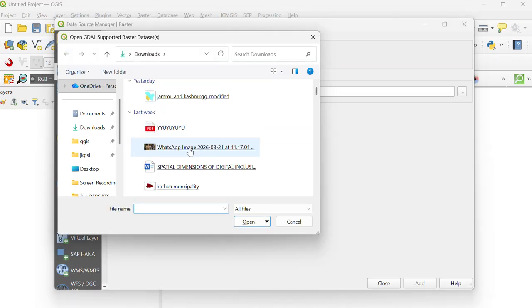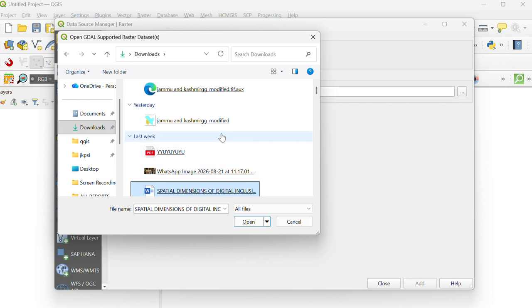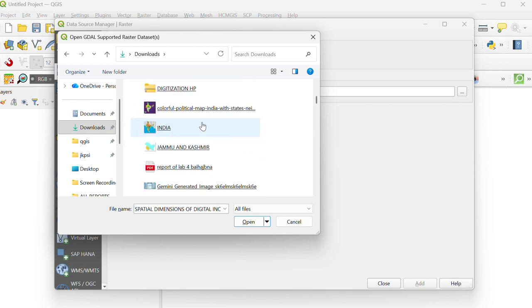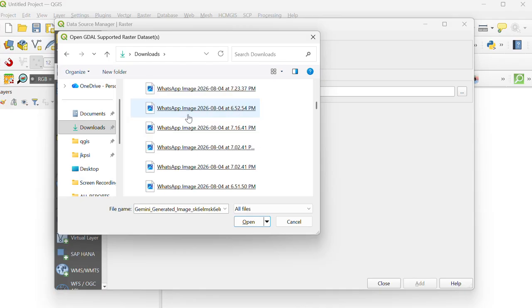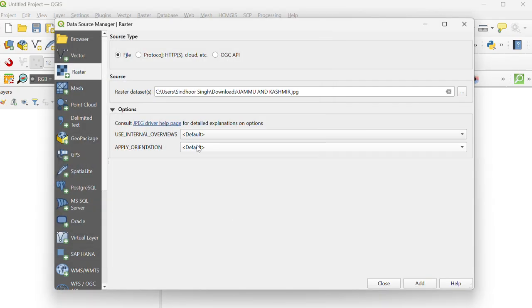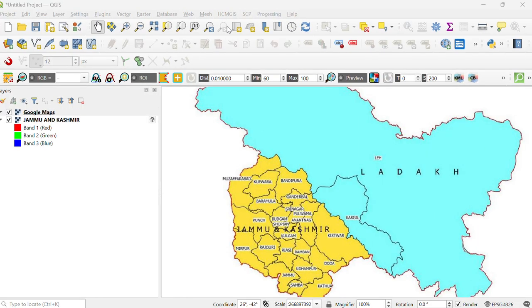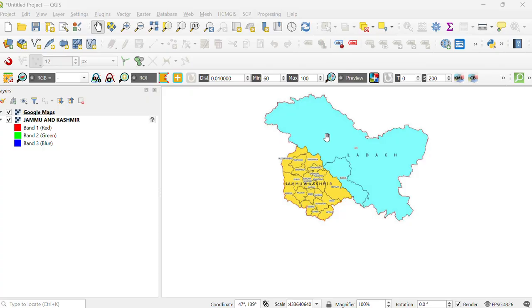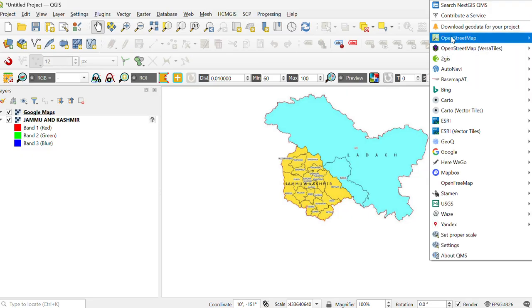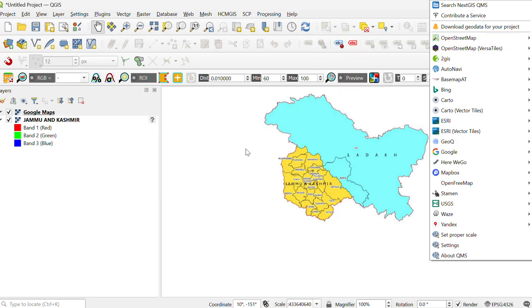I have already downloaded an image of Jammu and Kashmir. This is the image which I have already downloaded and edited, and it is shown here. After this image is shown, I have added the Google Map from OpenStreetMap, OSM.